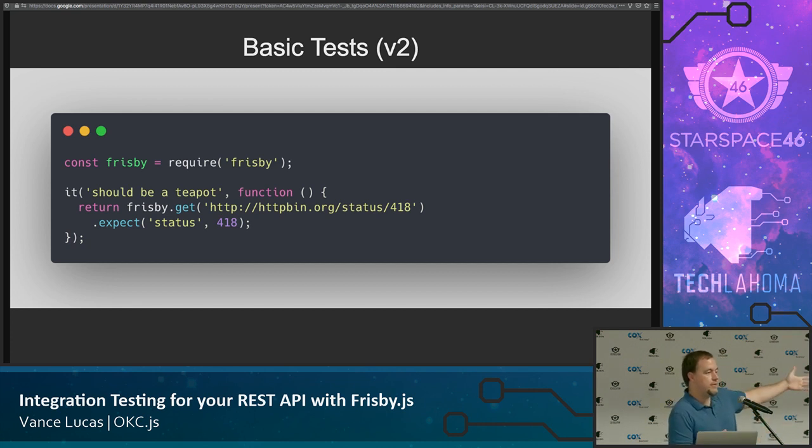I'm saying return Frisby.get. What this does for Jest is, when you return a promise... this is actually returning a Frisby spec object, which inherits from promise. So the browser thinks it's a promise, and it has then and catch and stuff on it too. So it kind of acts like a promise. When you return a promise inside a test assertion block in Jest, it will wait on the result of that promise. And then it will attach its own